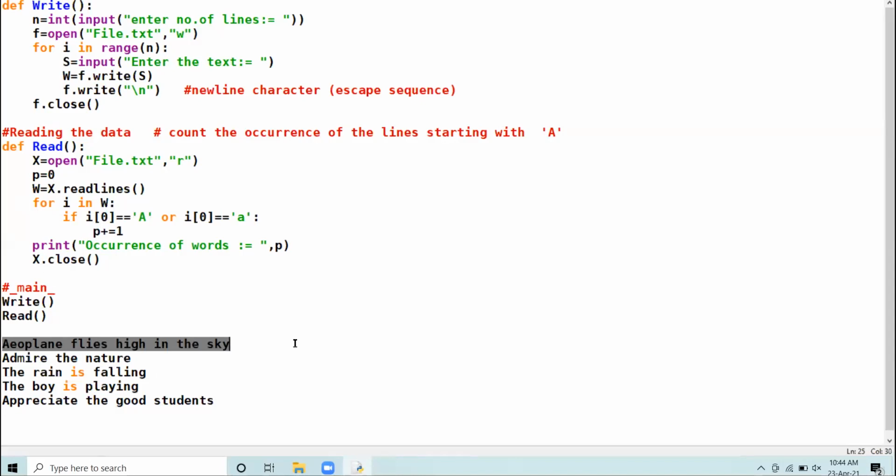If the first character of the first line is equal to A, then count it in total lines. If the first character of every line, where I represents each line, is equal to A, then count it. Okay.